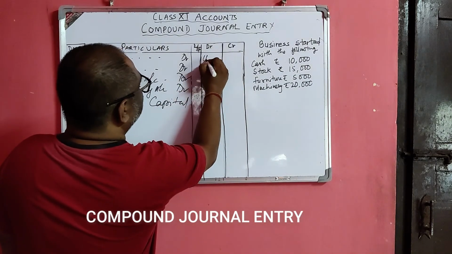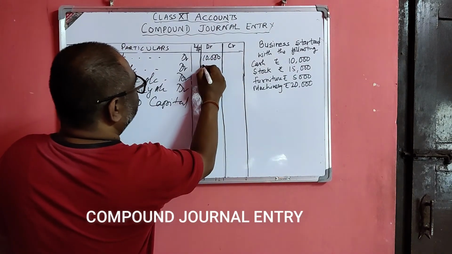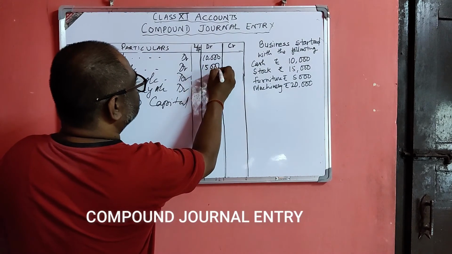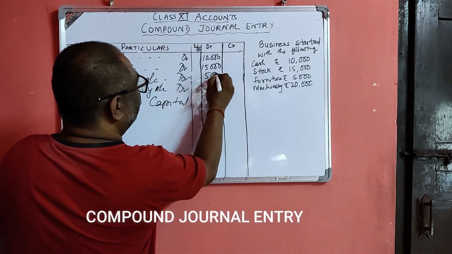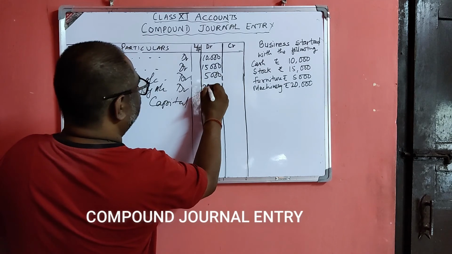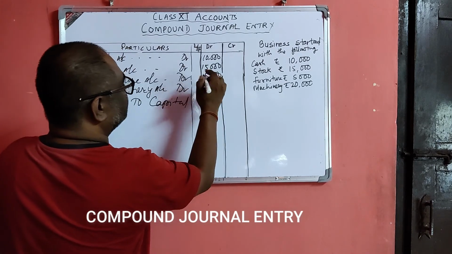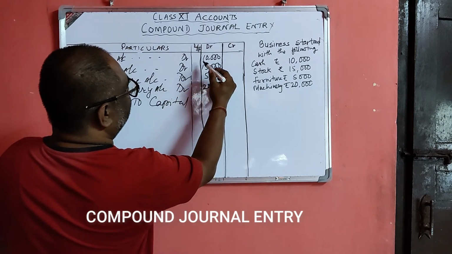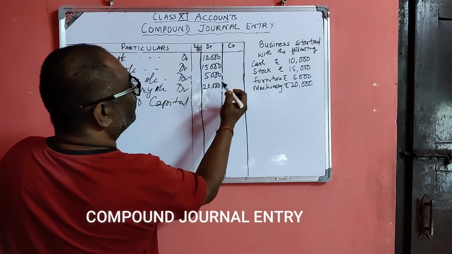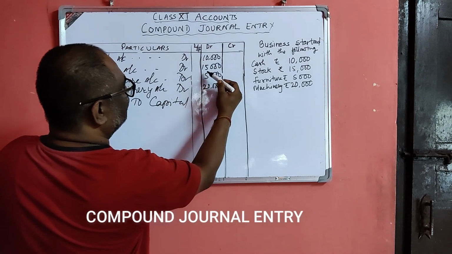Cash is 10,000, stock is 15,000, furniture is 5,000, and machinery is 20,000. The total of this is